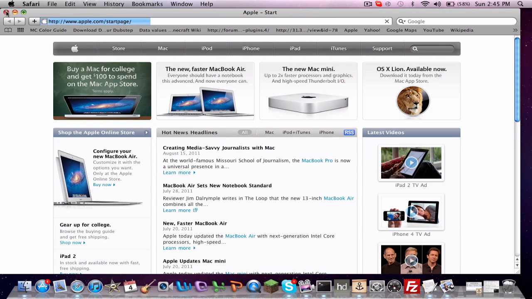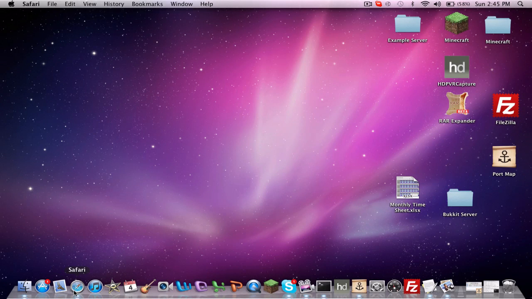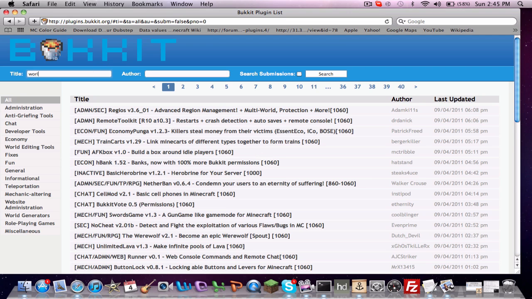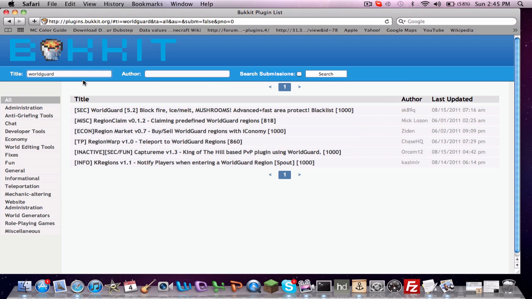To save time, I'm not going to... actually I guess I have to, because I need to show you a few things. I already have the plugins downloaded and set up for my server, but I'm going to go over the config file for WorldGuard with you, and I'm going to go over how to protect things in WorldGuard with you. Alright, so anyway,